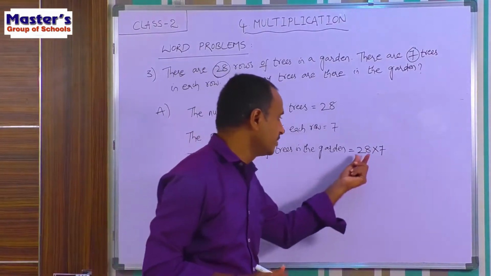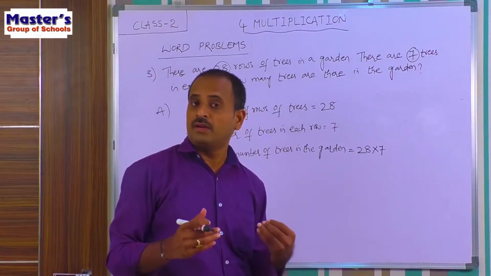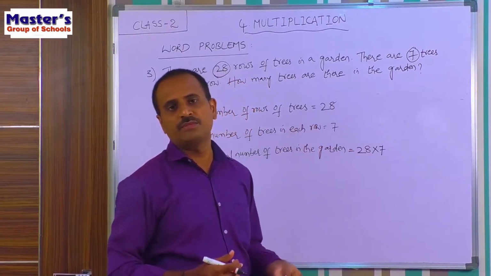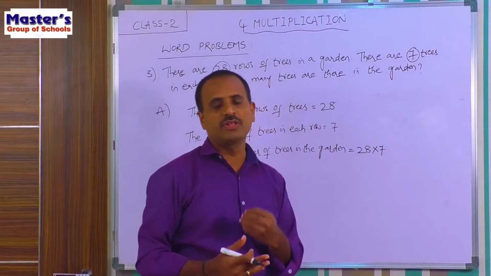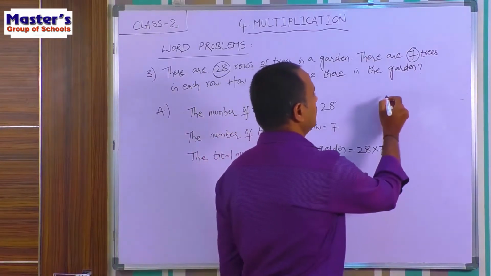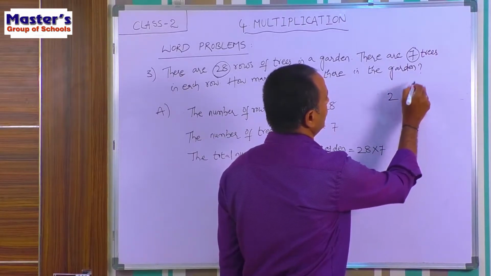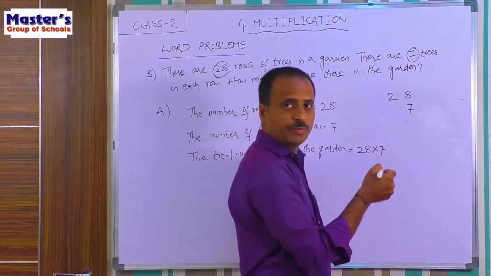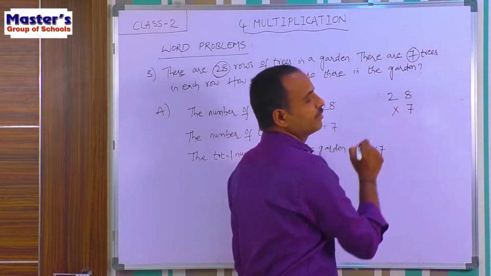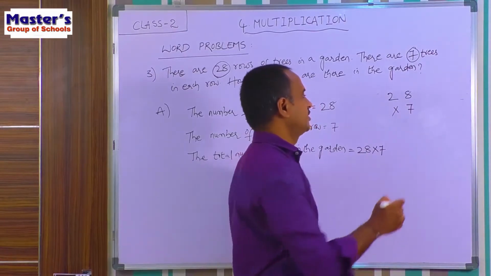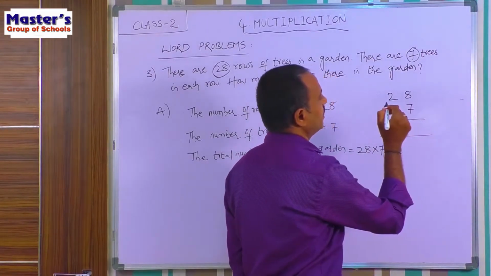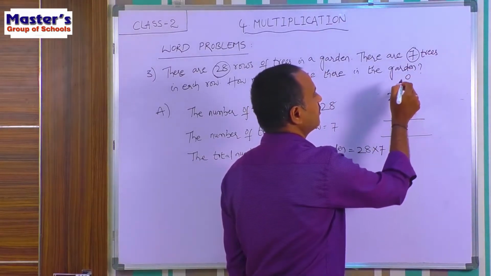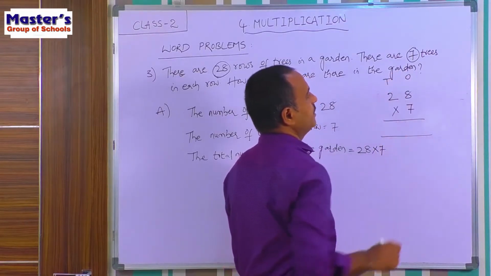So how do we multiply these two numbers? Already we have learned how to multiply a 2-digit number with a 1-digit number in the previous word problems. First write these two numbers one below the other. First write the number 28. Next write the number 7 below it. Write the number 7 below 28 and keep the symbol into, and the symbol represents multiplication. Now do the multiplication, and also write the places above each digit. So in 28, 8 is present in the ones place and 2 is present in the tens place.